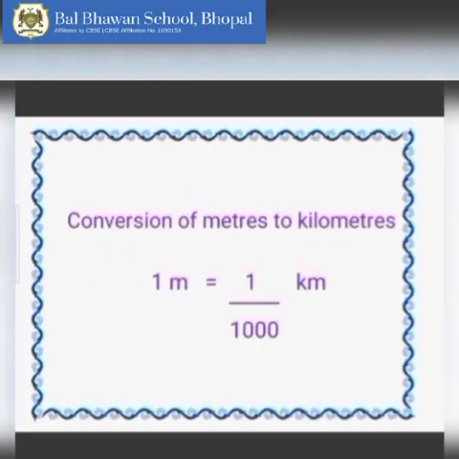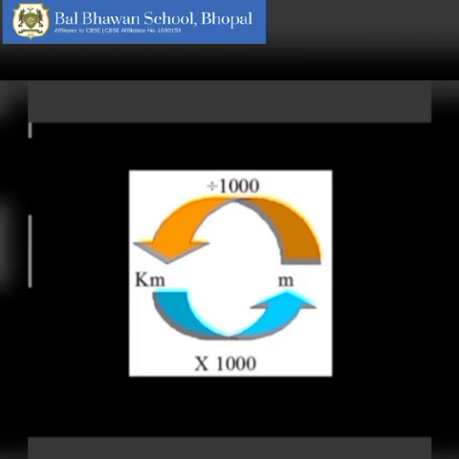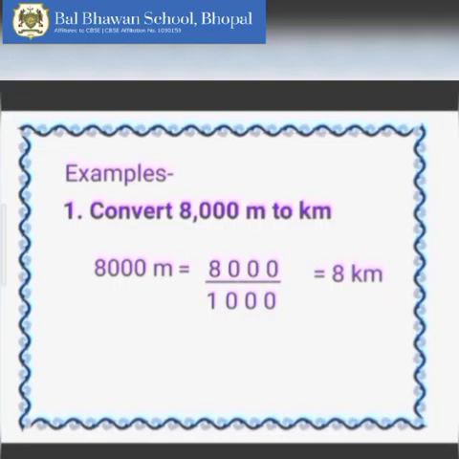Now next we will learn to convert meters to kilometers. We know that 1 meter is equal to 1 upon 1000 kilometers. While converting from meters to kilometers, we need to divide by 1000. Let's see this example of conversion from meters to kilometers. Here we have to convert